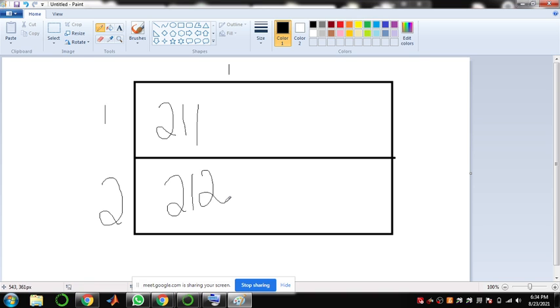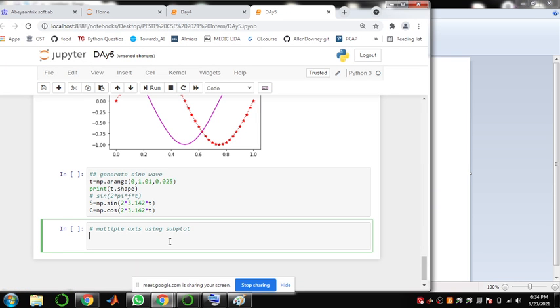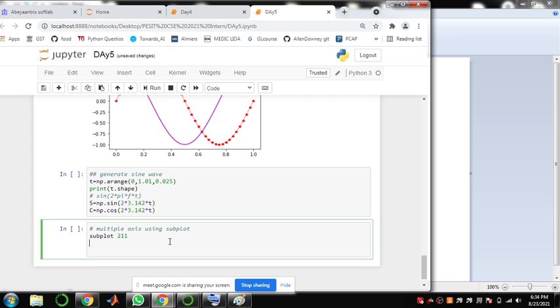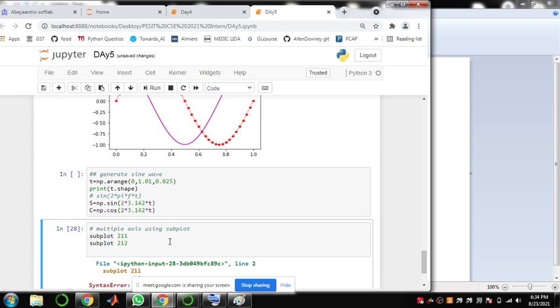Clear? What is the meaning of this 2 1 1 and 2 1 2? Okay, let me show you what will happen when I write like that. Subplot 211, then subplot 212.